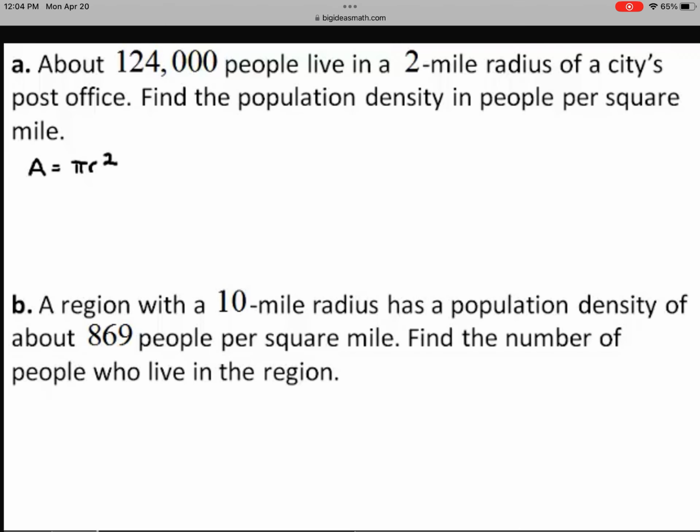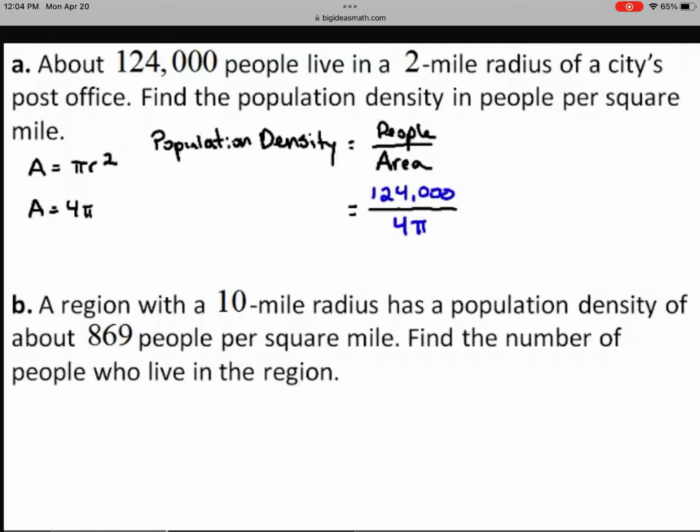So A equals pi times r squared. Substituting in the given information and simplifying gives that A equals 4 pi. And then the equation for population density is population density equals people divided by area. Substituting in 124,000 for people and 4 pi for the area gives